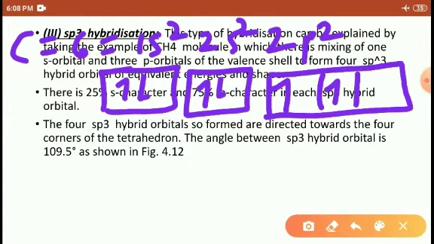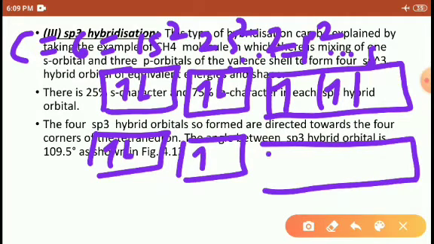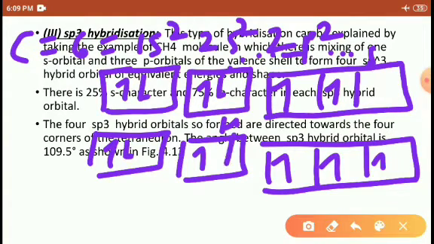Right, ground state. This electron is promoted here. Now the pair gets unpaired, one electron, and the p orbitals are completely unpaired here. So how many hydrogens? 4 hydrogens. One hydrogen shifts its electron into this orbital, another hydrogen shifts its electron into this orbital, another hydrogen shifts its electron into this orbital, and another hydrogen shifts its electron into this orbital.